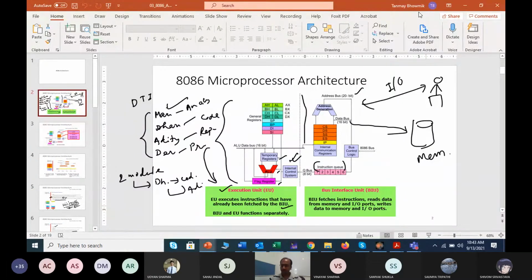Okay, and we started with this 8086 because the 8086 was a 16-bit processor that started around the 1970s decade, I think 1972, around 78 in this range. And when we started this discussion of processor architecture, we found that the main processor architecture was divided into two parts. One was the bus interface unit, another was the execution unit, right? So as this diagram is showing,